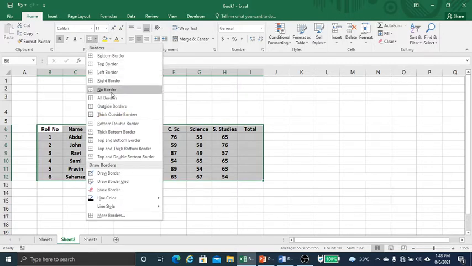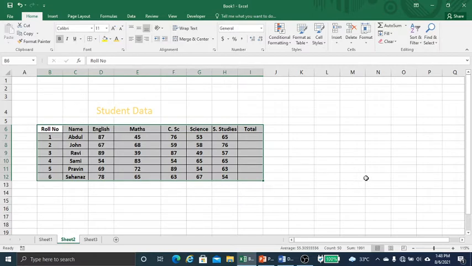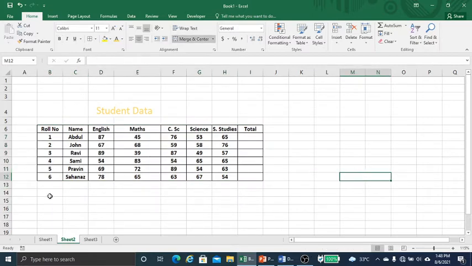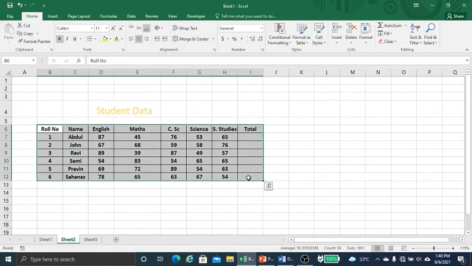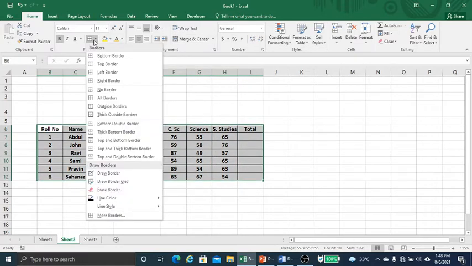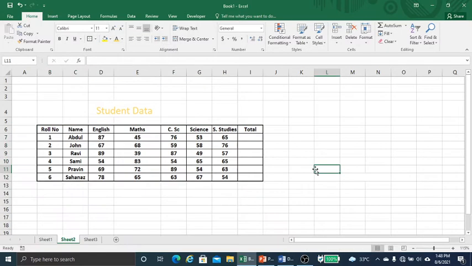If I give all borders, you will see a border come around all the cells. We can increase the size of the border also. See, it is thick outside borders.